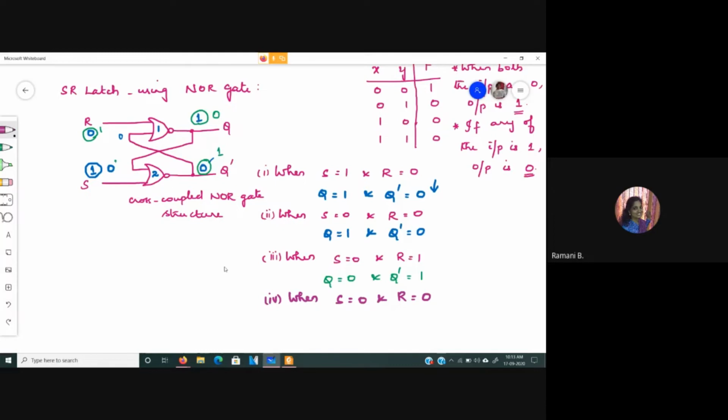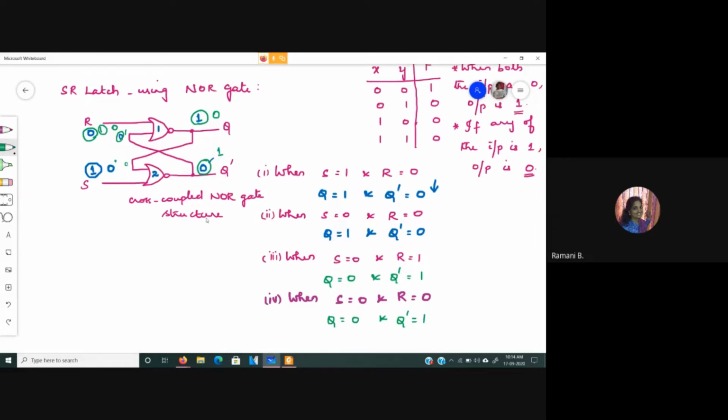Okay. So in this case, this 1 has become 0 again. Now you have to wait for the previous value. So here R is equal to 0, S is also equal to 0. Here we have Q bar is equal to 1. With respect to that, this output value is 0, and this 0 goes over here, and therefore your output will be 1. So Q is equal to 0 and Q bar is equal to 1.